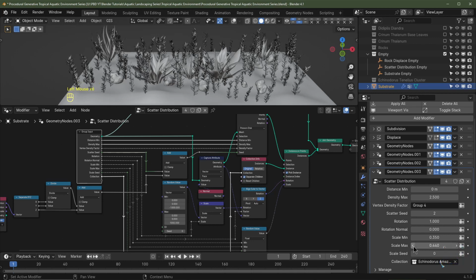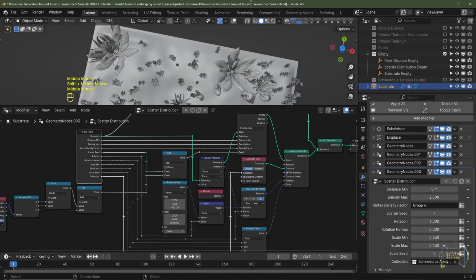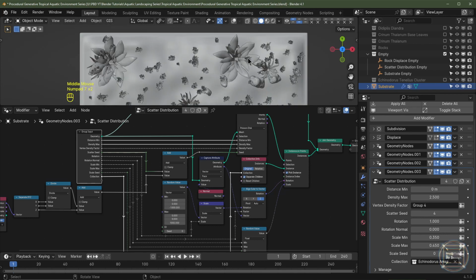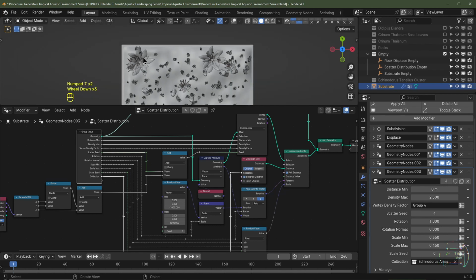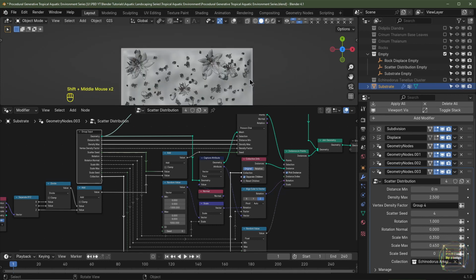Maybe reduce the size, 0.45 on the max. I'm going to change the seed as well. I'm not quite happy with that. Ideally, you want the bigger plants to appear at the back. That's usually the way you set up aquariums for aquascaping. So you have larger plants at the back and smaller ones at the front, so it kind of creates a